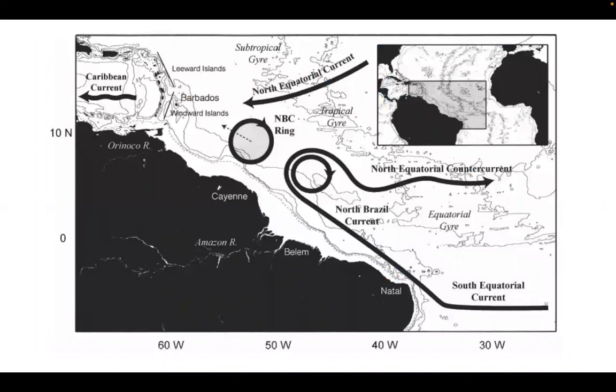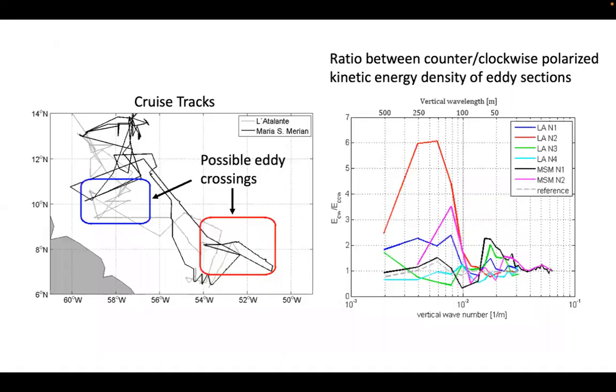and therefore we thought we'd look into data where a lot of mesoscale eddies are, and this is here in the Western Atlantic. So we looked into a data set where the Atalante and the Miriam were driving around here, and the cross is two times an anticyclonic mesoscale structure. And on the right, you see that we took all the crosses at that exact same time when they crossed several structures, and we compute a ratio between counter- and clockwise polarized kinetic energy density of